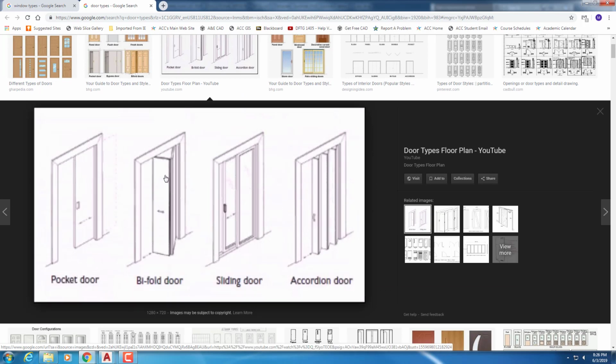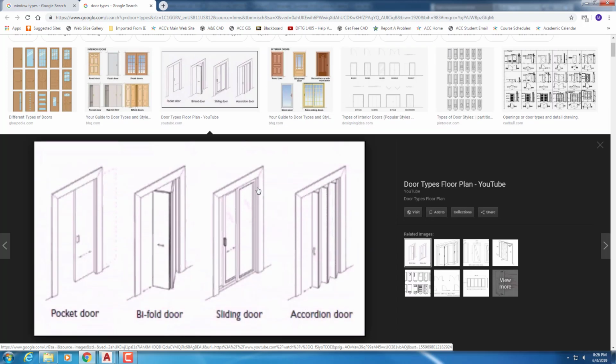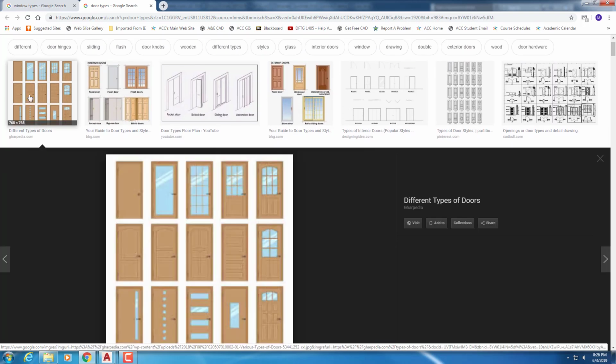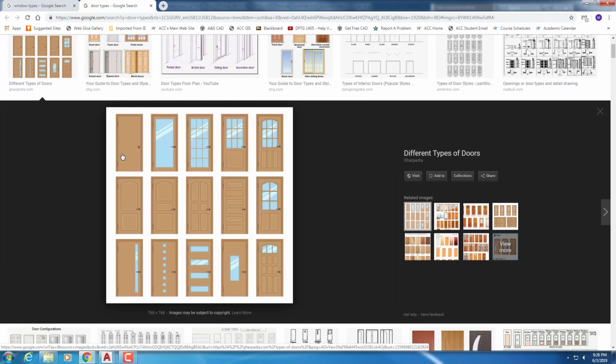Pocket doors where it slides into the wall. Bifold is where it kind of folds against itself. Sliding glass door is kind of like this sliding window. Accordion doors you don't see too much used. There are different types of